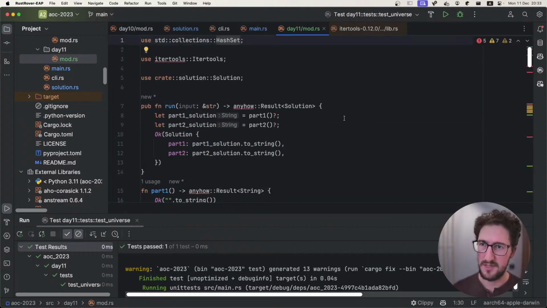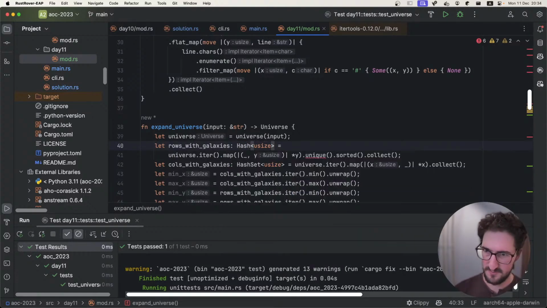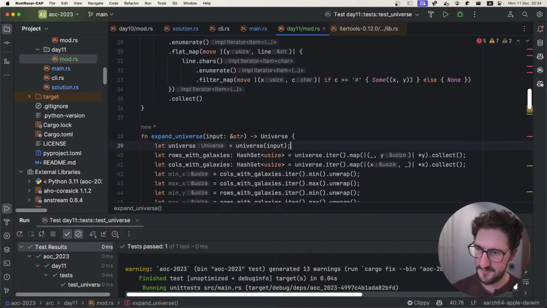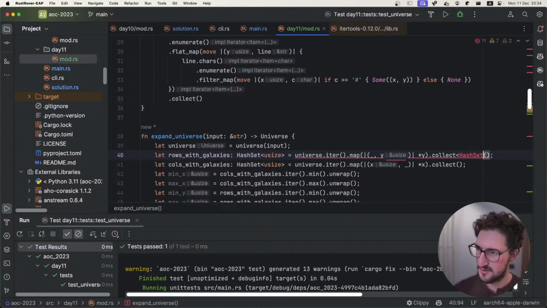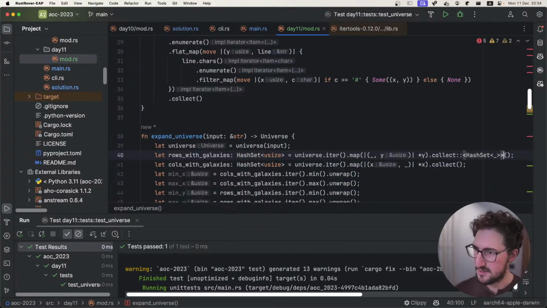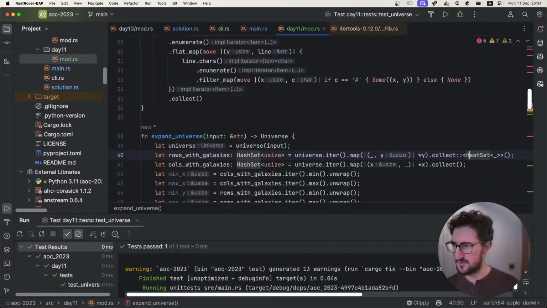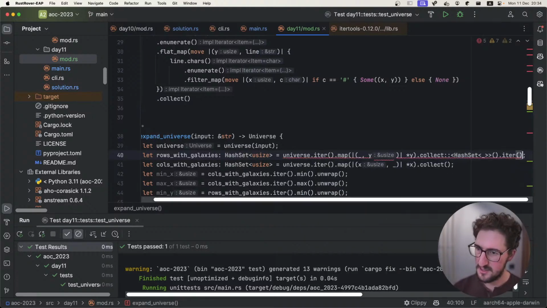I mean, come on, I'm just going to collect into a set, and then just, why bother? Okay, so we've got our collect into hash set of something, and we don't care about that. And then once we've collected that, we could continue this iteration. And now we want to say